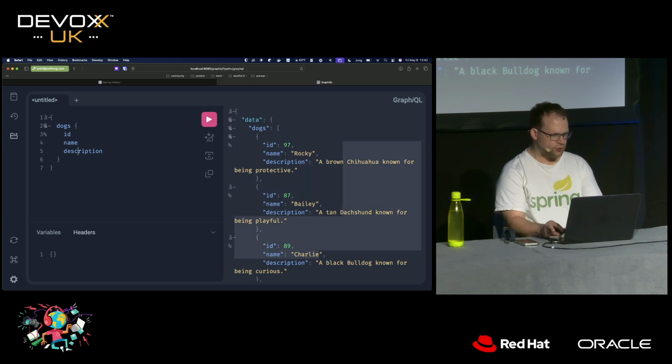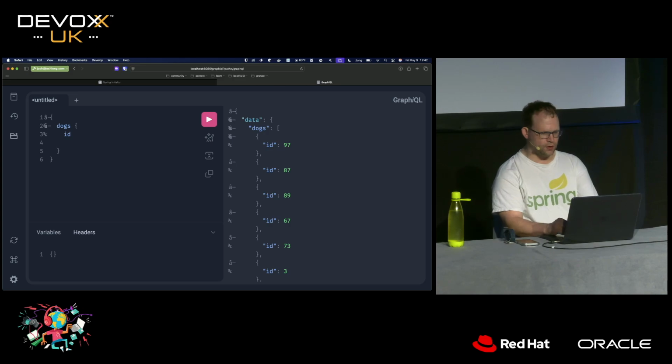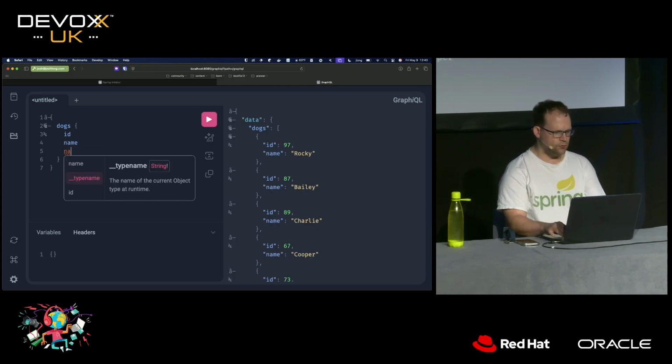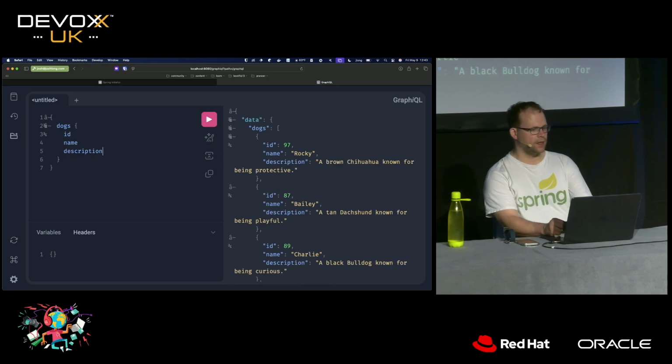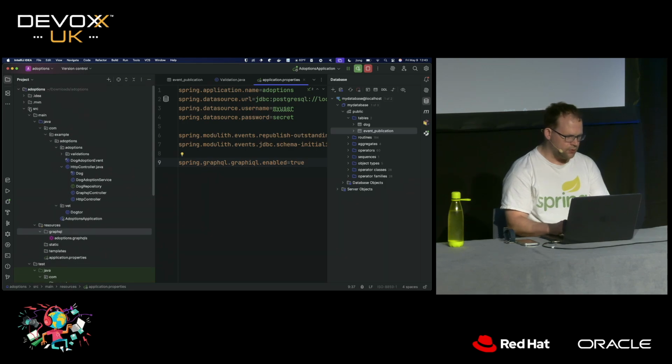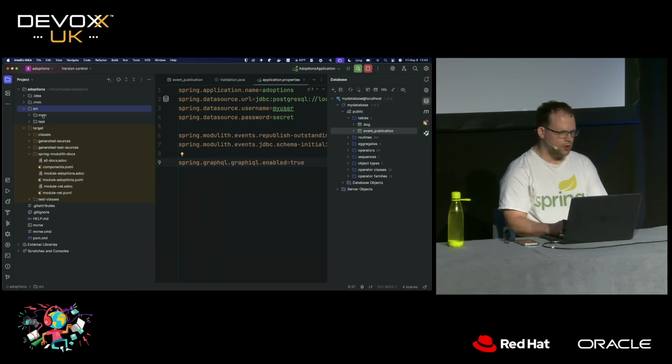This is nice because you get as much or as little of the data that you want. So if you want to create a lean view that only has the ID and the name, just specify as much in the query. And if you want more, then ask for as much as well. Okay, so GraphQL, super useful. What about gRPC? Well, we have in the Spring ecosystem a new project called Spring gRPC.